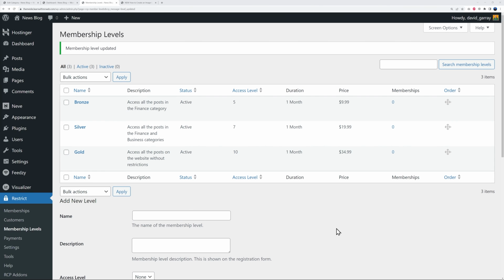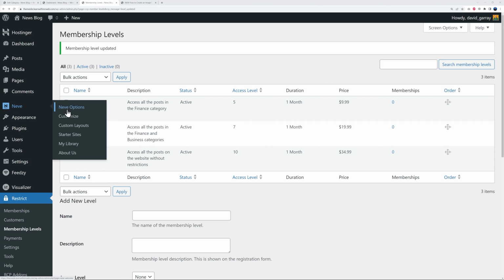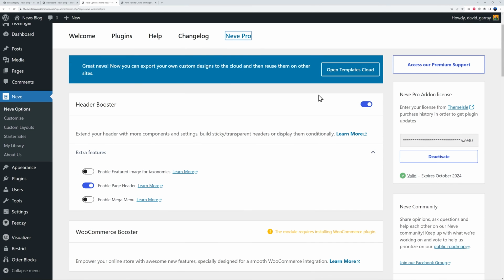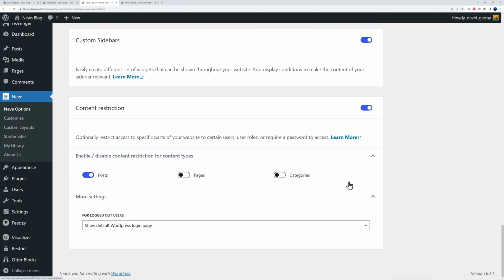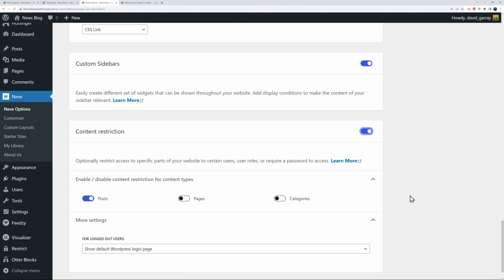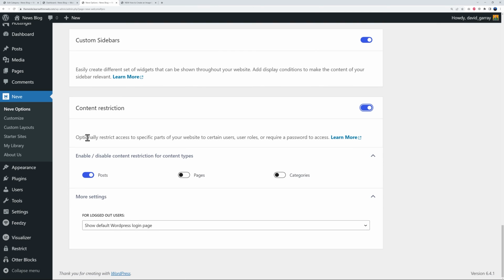This is built into Neve. So if we go back to Neve here, Neve options, and now we go to Neve Pro, and here are all the different options that you can enable or disable, okay? If you scroll straight to the bottom here, as you can see, you have content restriction, okay? By default, this will be disabled. So what you need to do now is to enable this and define for which type of content you